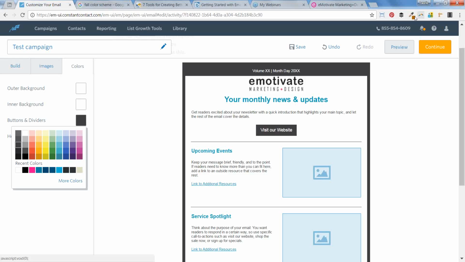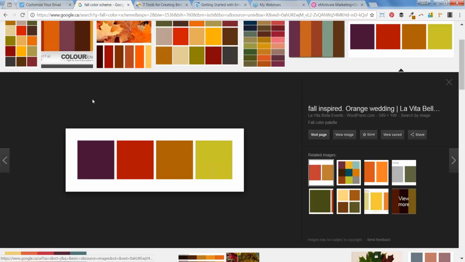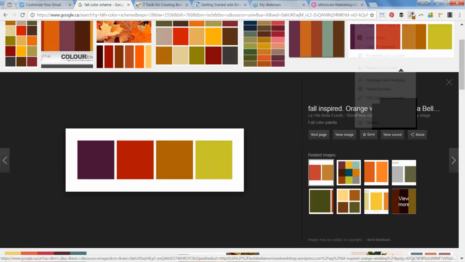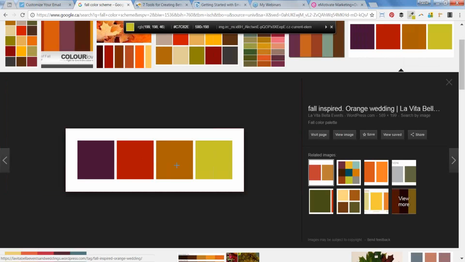I use one called Colorzilla, which I'm hovering over here up in the top, and it's just a browser extension where the icon stays up there in the top corner, and you click on it and it allows you to sample colors. So what I did was pull up a fall color scheme here, and I can just sample the colors from this color scheme and pull them in to make a really nice looking template if I'm going to be doing a fall